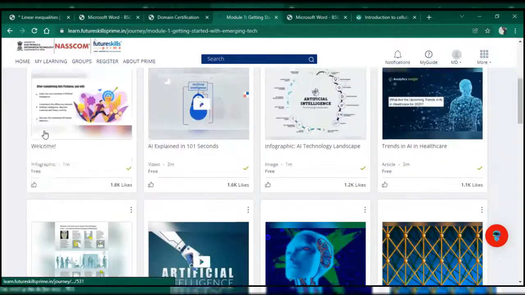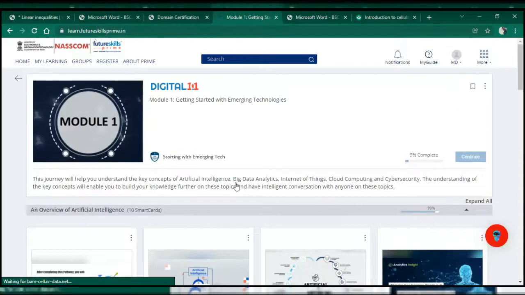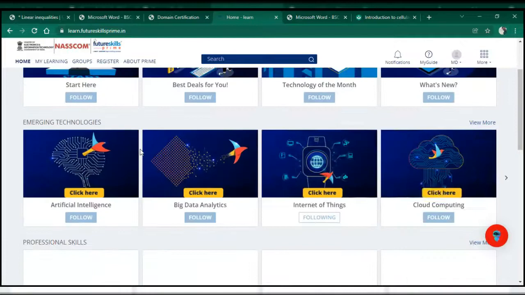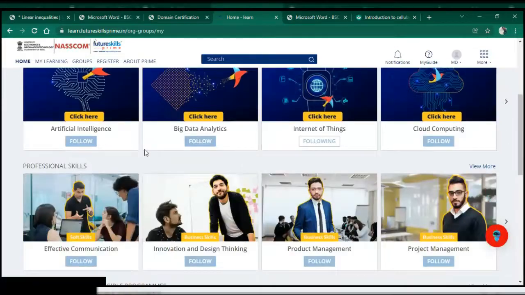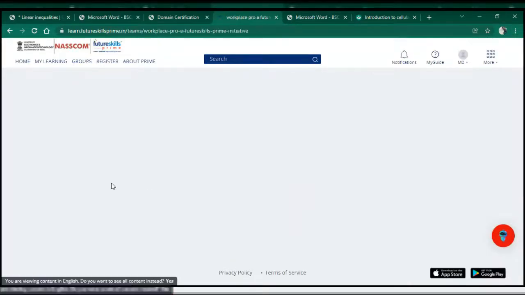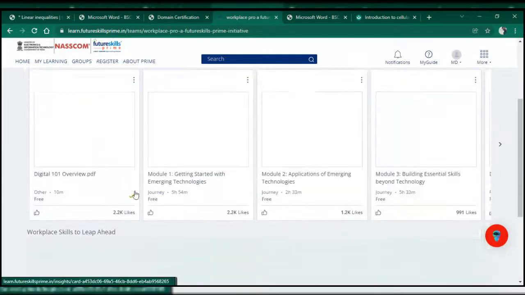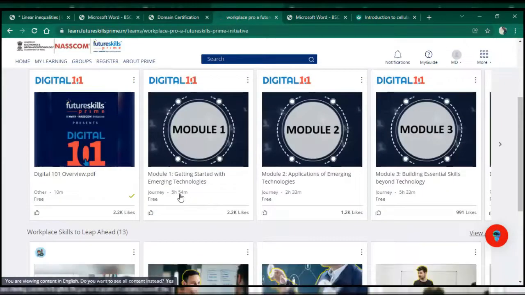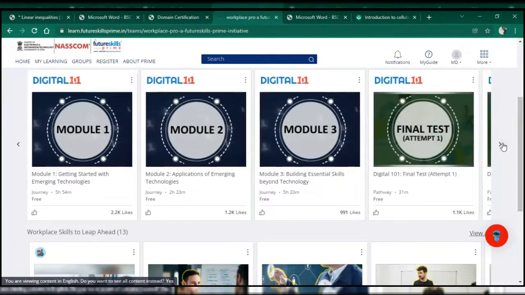Like here they have mentioned 5 hours 54 minutes. You are able to see my cursor, right? Yes. So module 1 is approximately 6 hours, then 7, 8, 8 and a half, 9, 9 plus 5, 14. It's approximately 14 hours of class, and we do not have so much time to finish everything. Now it's up to you guys.